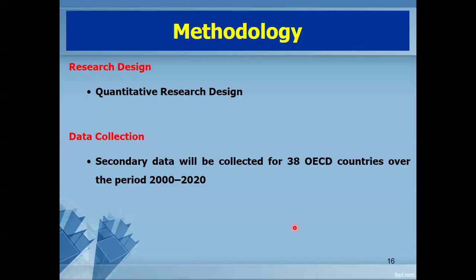So therefore, I have included that secondary data will be collected for 38 OECD countries over the period of 2000 to 2020, because I'm going to use secondary data. But assume that you are going to use primary data. If you are going to use primary data, the data collection procedure will be a bit complex,